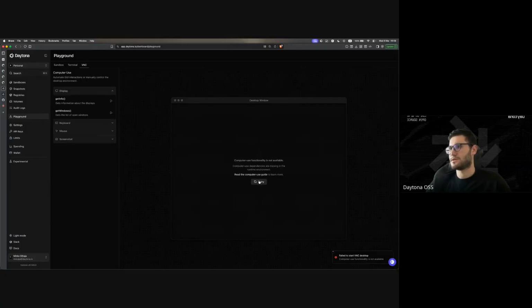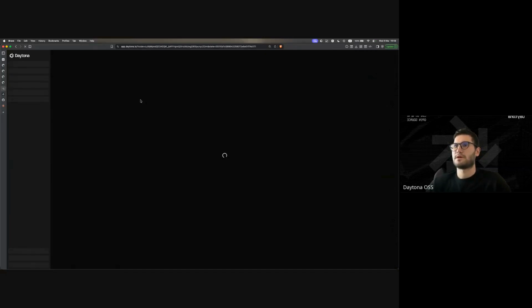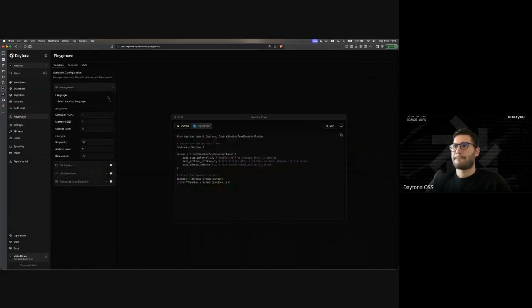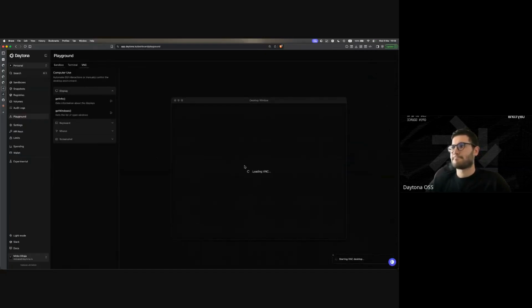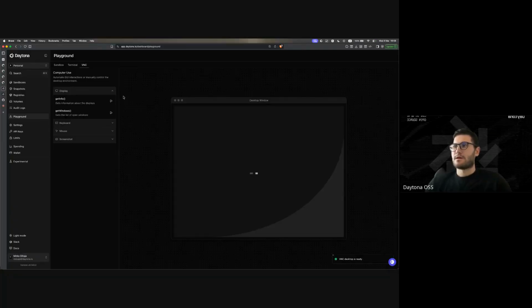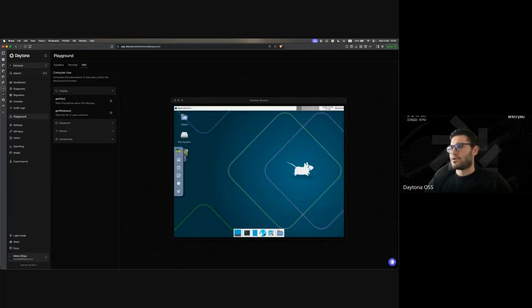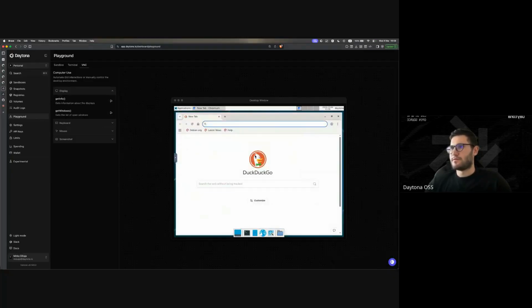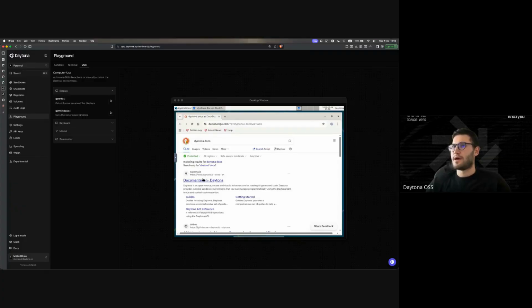Just a second. Okay, maybe hard refresh. Let's see if it will work now. Yeah, it's loading nice. Okay, so for example, we can navigate to browser, open Daytona docs or whatever, and also